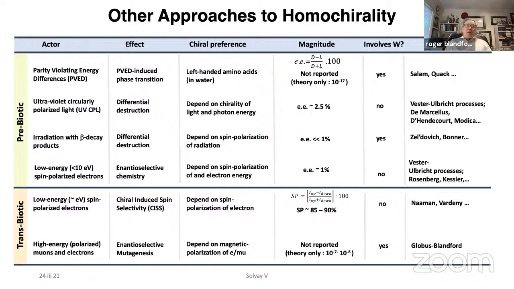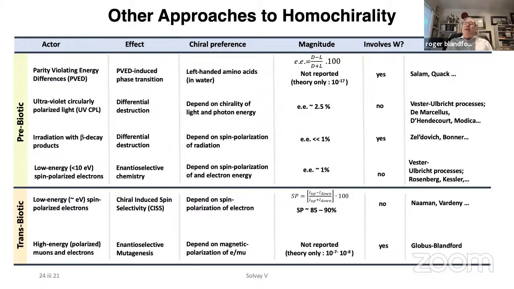I mentioned that circular polarization, perhaps produced by just natural radioactivity, for example, in a rock, might also express this, and Vester, Ulbricht and others have considered this idea. There are quite difficult problems with this because the effects are all very small, and it's very hard to see the way the persistent bias gets expressed, because the chirality depends on the photon energy and so on. But again, all of these things should probably still be on the table.